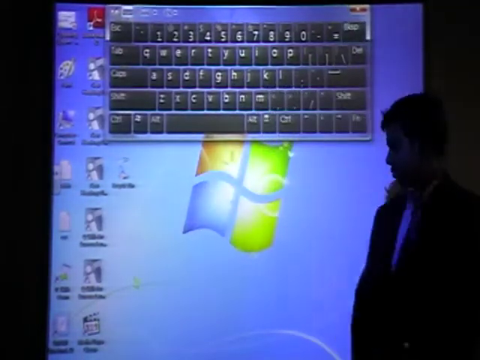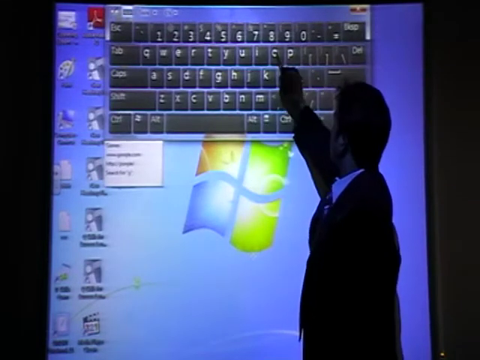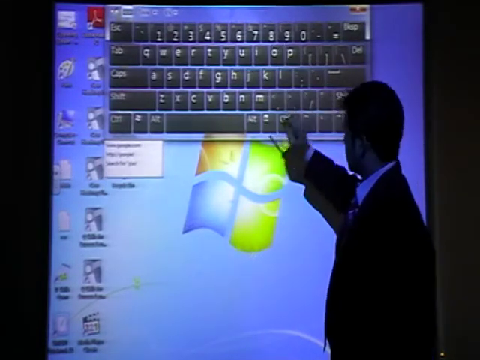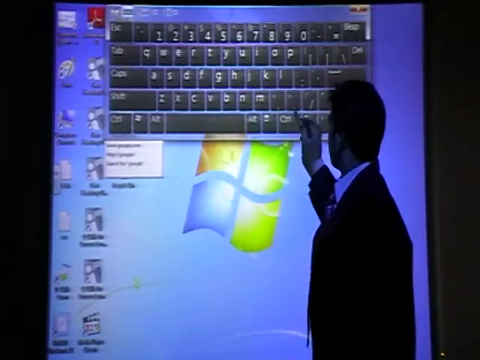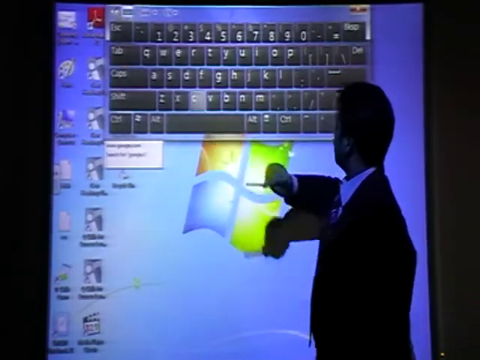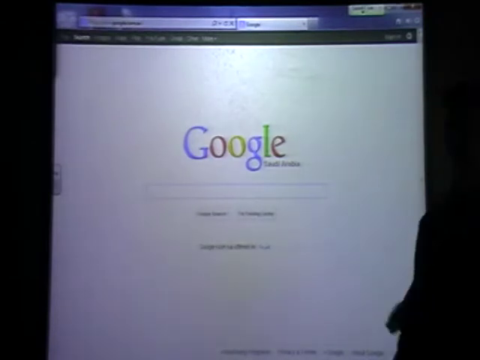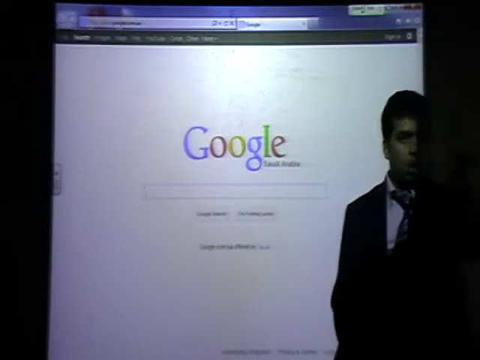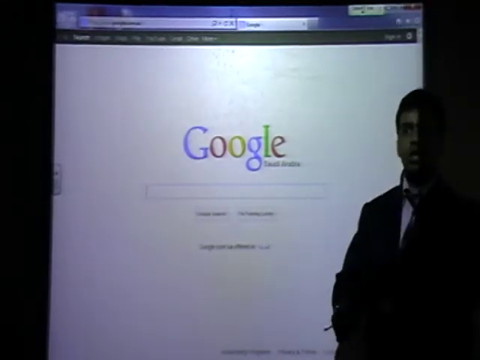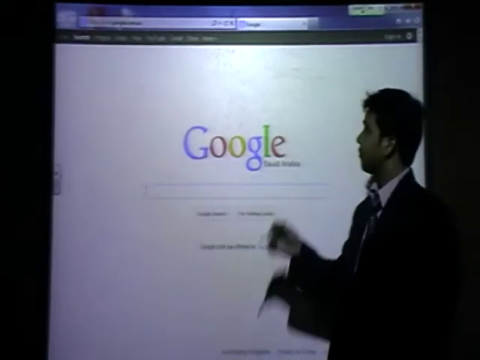Backspace, google.com. Enter. Open. So instead of opening Internet Explorer or Firefox or anything, on your taskbar here only you can do it, to do your work fast.